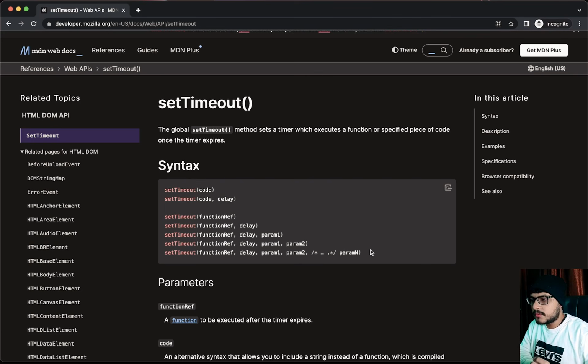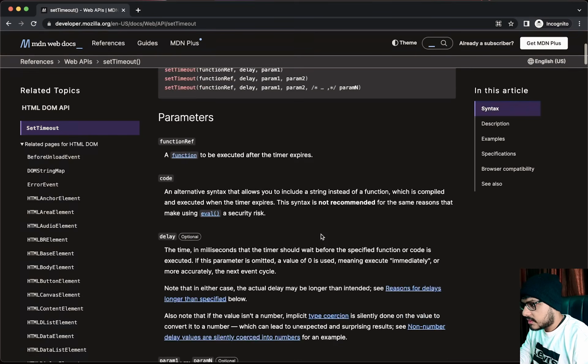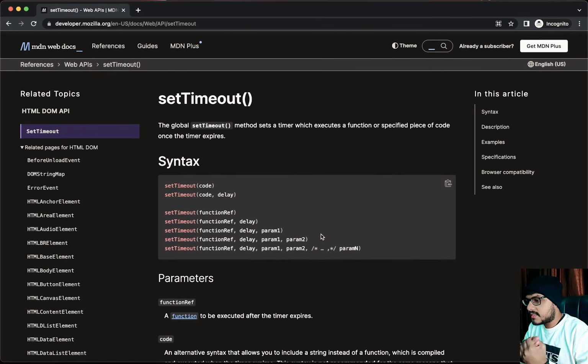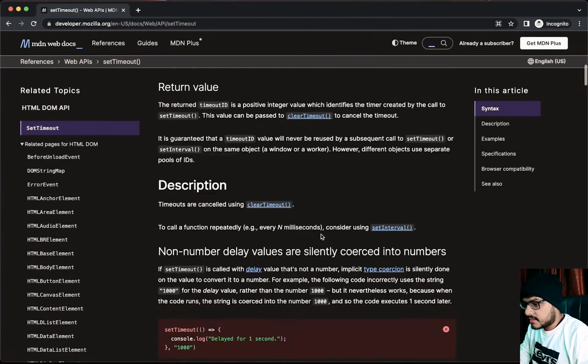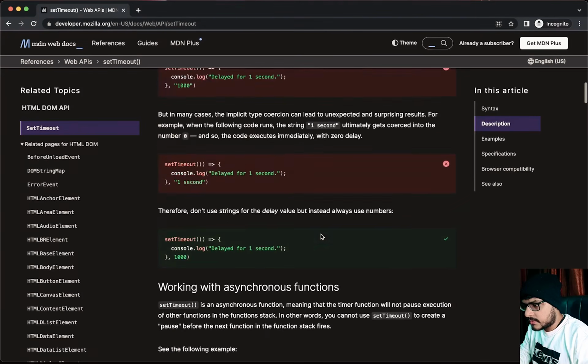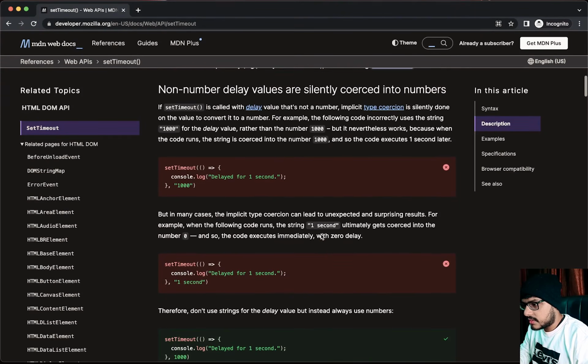It is used to delay a function execution, and you provide the function that needs to be delayed and the delay amount, which is basically in milliseconds. And these are all the other parameters that you can pass to the function. So we have seen quickly what the syntax is. What is a setTimeout? It is not provided by JS. And next, there are a few cases of setTimeout, like